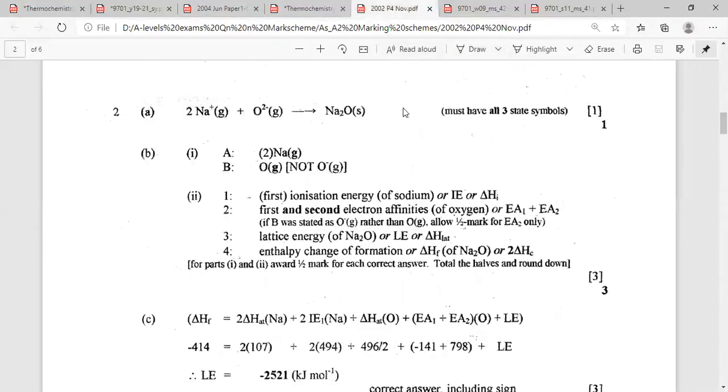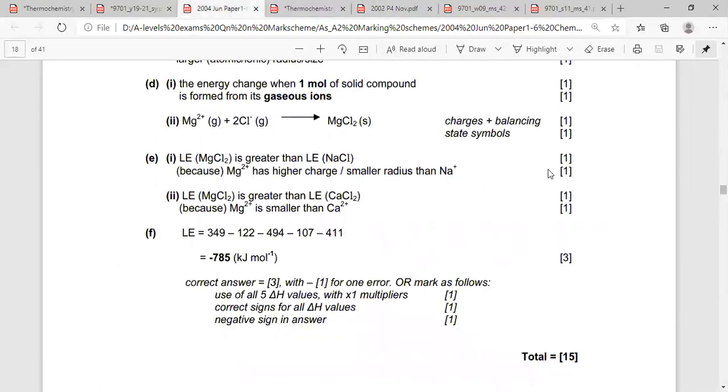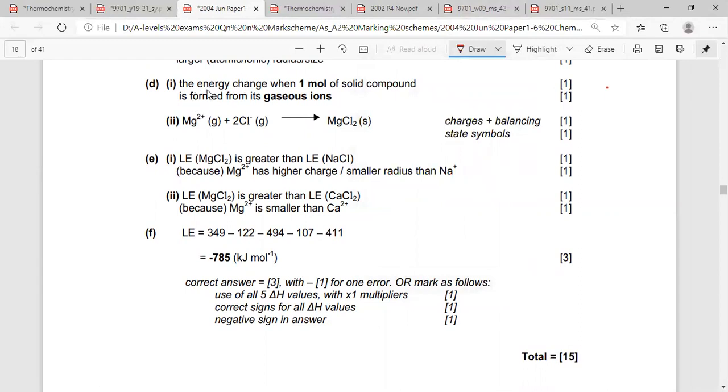Okay, here we are. All right. Sorry. Okay. Remember, what is the definition for lattice energy? The heat energy change. Okay, let's highlight here. Let's put red color. Remember, energy change or heat change when 1 mole of the solid compound, why solid compound? Because ionic substances have high melting points, so it's always solid compounds. Okay, so of an ionic compound,